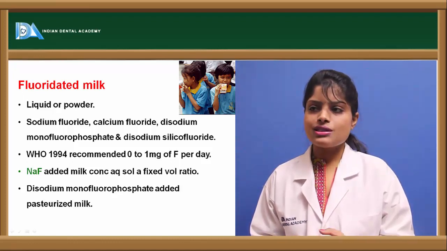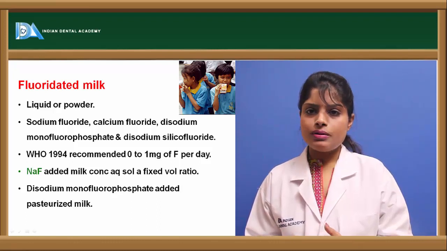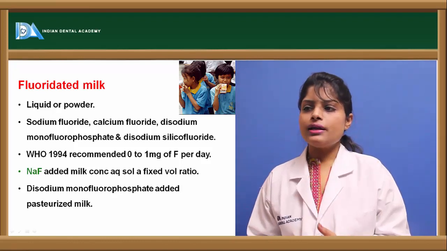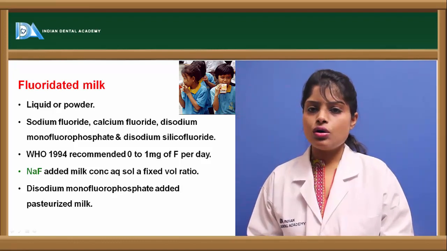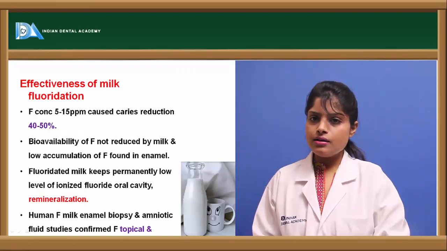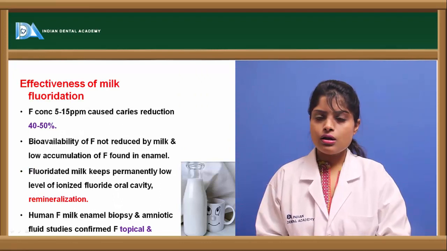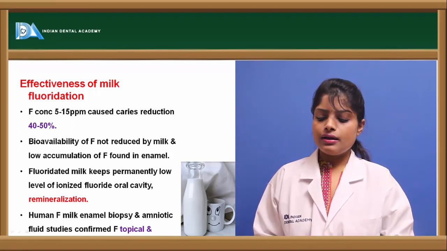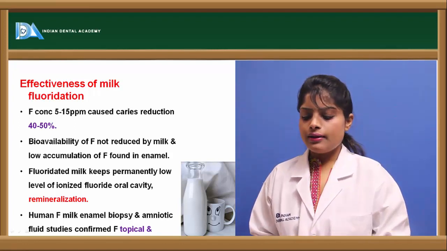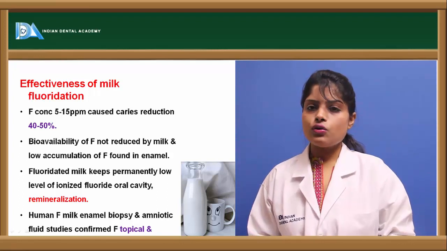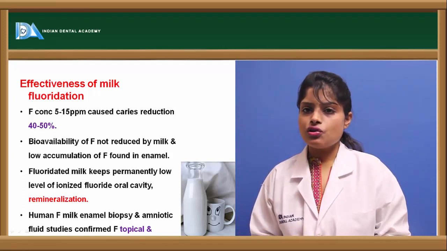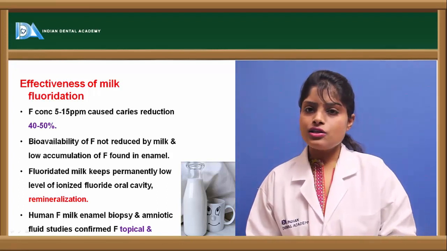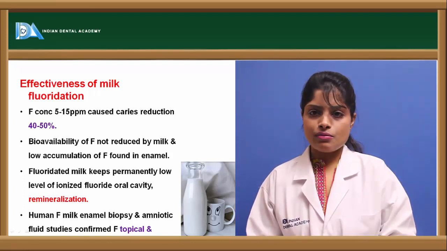The sodium fluoride which is added to the milk should be in a fixed weight to volume ratio. The disodium monofluorophosphate should always be added to pasteurized milk. Ziegler was the first scientist to add fluoride to milk powder, in the 1940s. Milk fluoridation also targets school-going children, who are more prone to caries, and the effect of fluoride in children will be more than